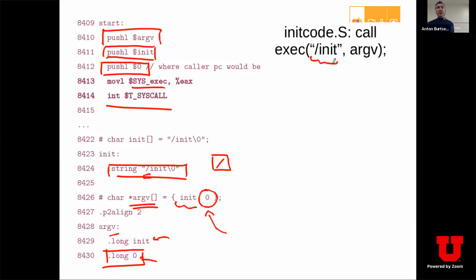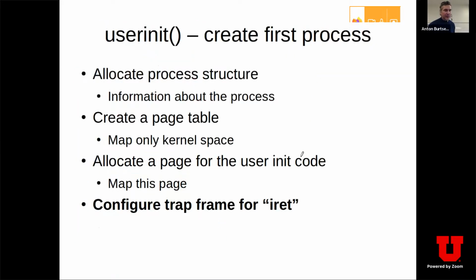Exec will create this process. By the way, nothing is running yet, so it will be just created, right? Also, exec doesn't use a new proc data structure. It will just replace the memory of this one, right? It will reuse the same proc data structure, just replace the memory, which is currently this init code, with the memory of the init process, right? And what the init will be doing, I will show you what init will be doing, but okay,